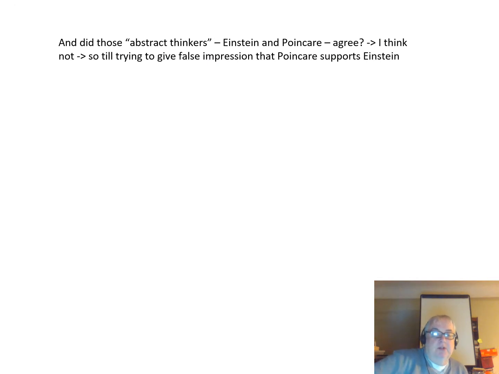And did these abstract thinkers, i.e. Einstein and Poincaré, agree? I think not. So still trying to give false impression that Poincaré supports Einstein. Continuing. But in fact, Einstein worked in the Swiss patent office, and Poincaré worked as the president of the French